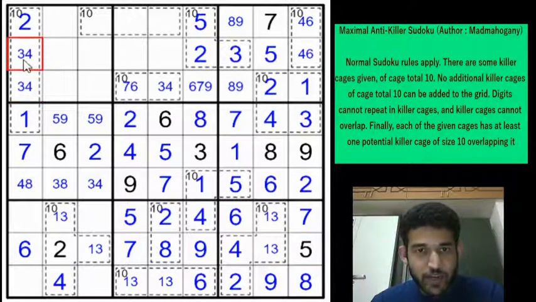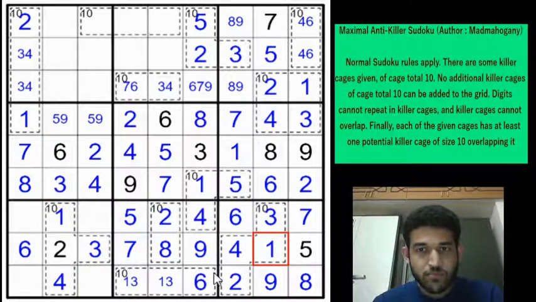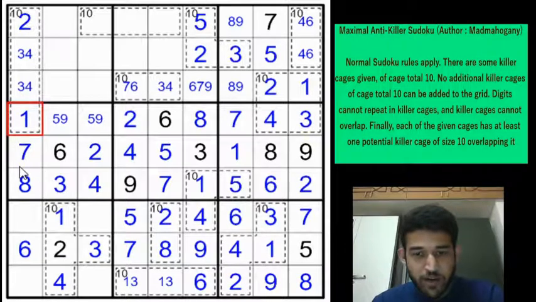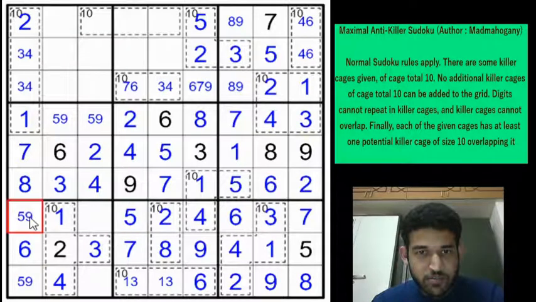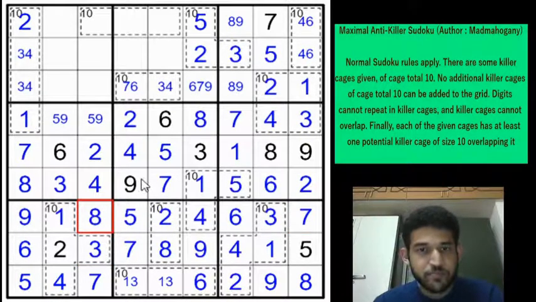We have a 3 4 here. So this will be an 8, this will be a 3, and this will be a 4. And because of this 3, we get a 3 here and a 1 here, and that gives a 3 and a 1 here. So remaining digits along column 1 are 5 9, right? 1 6 7 8 2 3 4 have been locked. So the remaining digits are 5 and 9. We have a 5 here, so this will be a 9, this will be a 9, and this will be a 5. And 7 and 8 need to be placed. 7 is here, so this will be a 7 and this will be an 8.